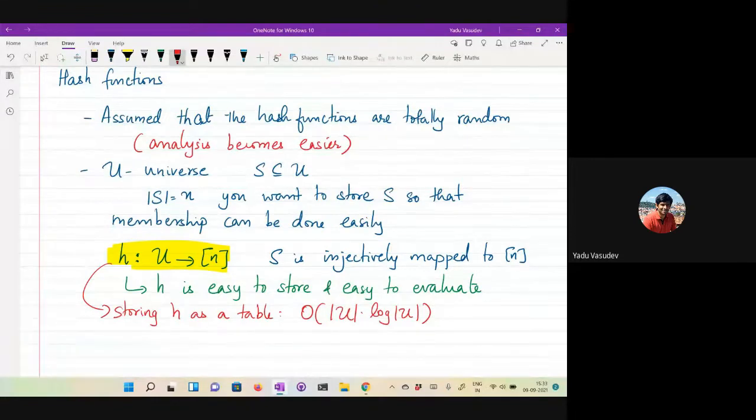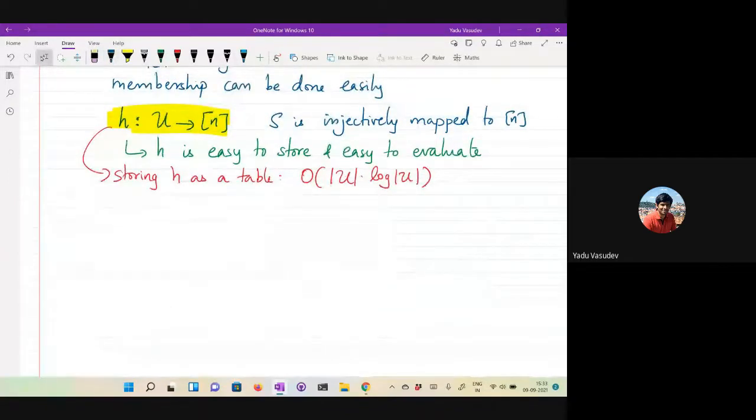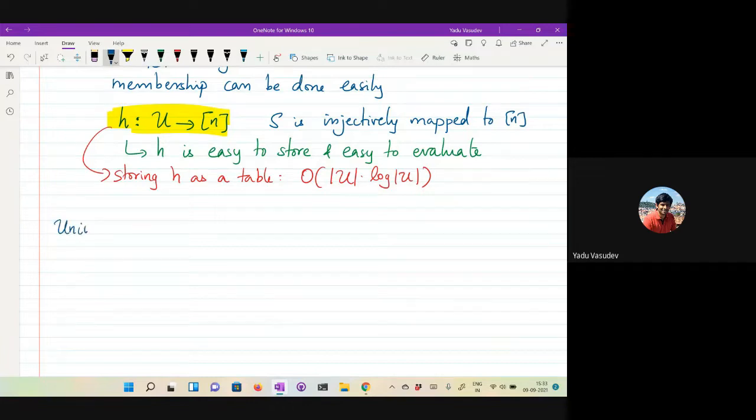So what we're going to see is how you trade off between the two. How do you come up with hash functions that are easy to store and easy to evaluate, which are not purely random, but yet have some of the features that you expect out of a random function? To that end, we have seen some sets of hash functions, like the pairwise independent hash family. So let's define this. One of the oldest definitions, when hash families and their guarantees were formally studied, let's look at what is known as a universal hash family.